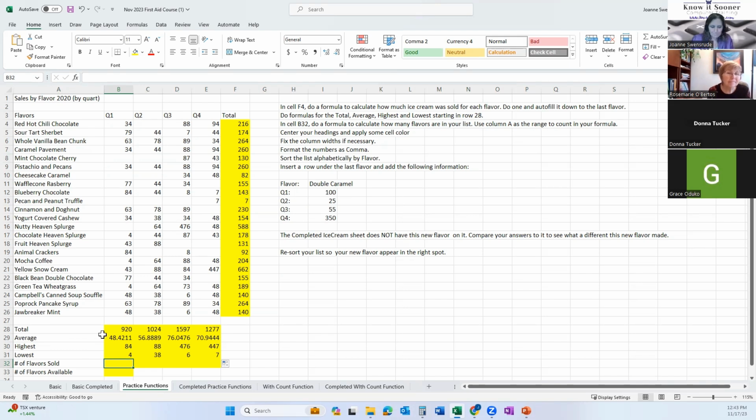Then we're going to go over number of flavors sold and number of flavors available. Let's talk this out first. Number of flavors sold. So in Q1, there was 1, 2, 3, 4, 5, 6, 7, 8, 9. To get where I'm going with this, I'm not going in and just counting every single cell. It says number of flavors sold.